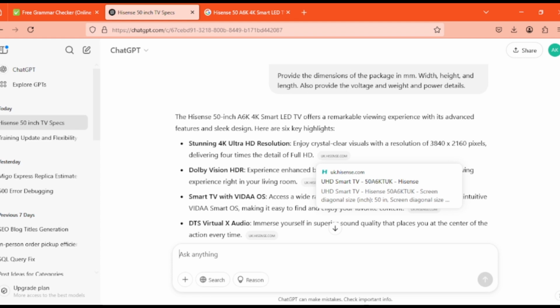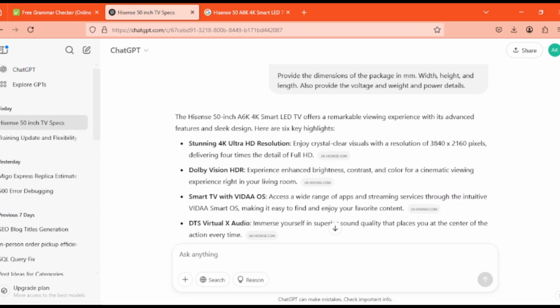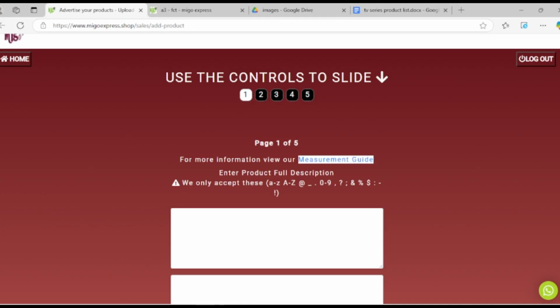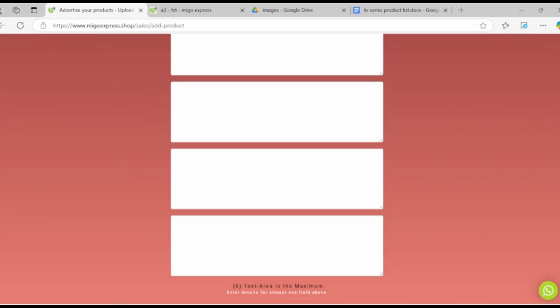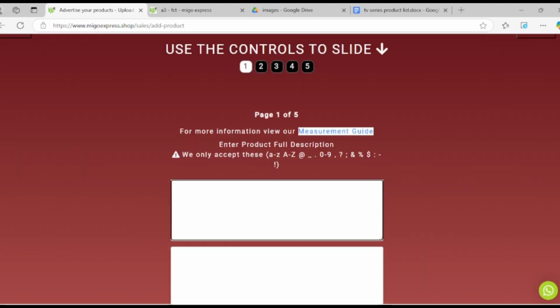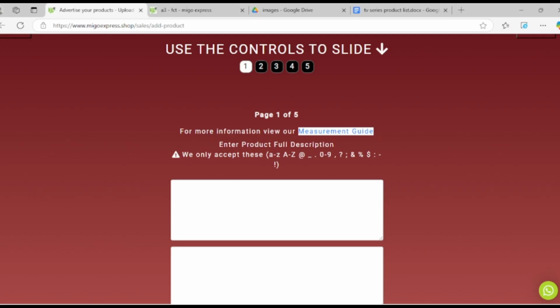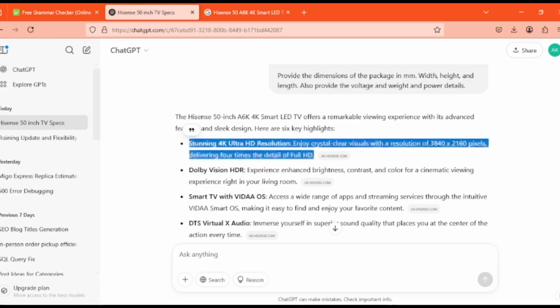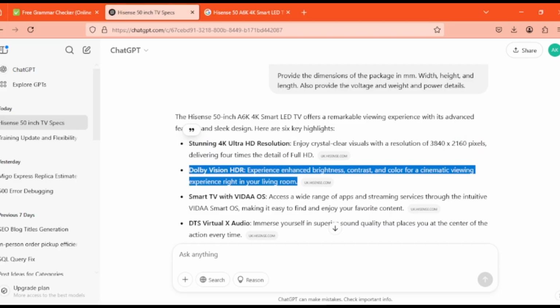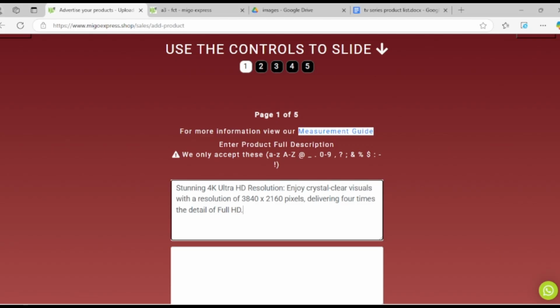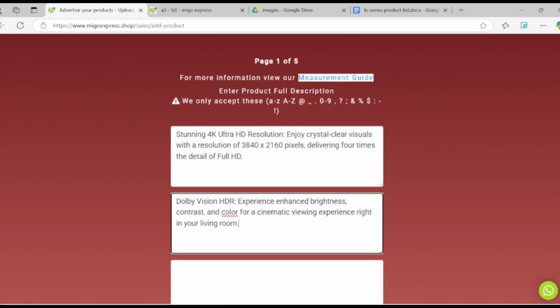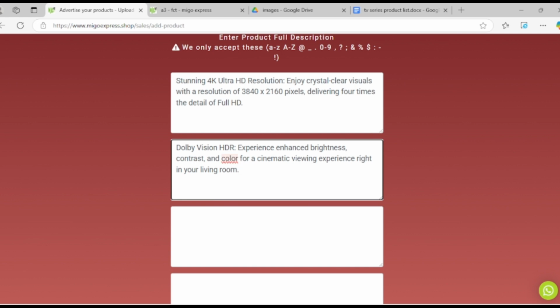So I can then begin to list the products, all the products, because in this case it's just one product, but my tags actually say I need to list three. So it's going to add those 6 bullets in here. So as you begin to copy and paste the product description, you really want to make sure that you don't